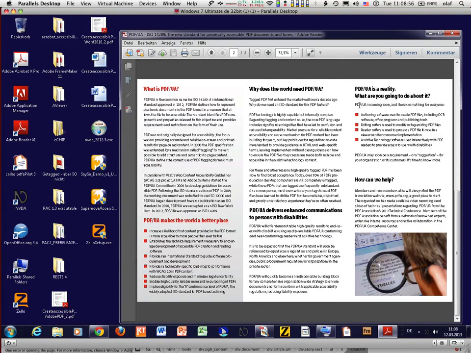Seite 2, what is PDF/your question? Schrift Ebene 2. PDF/your makes the world a better place. Schrift Ebene 2. So it's actually using an English language now to read the text. Liste mit Linien anzeigen. But the